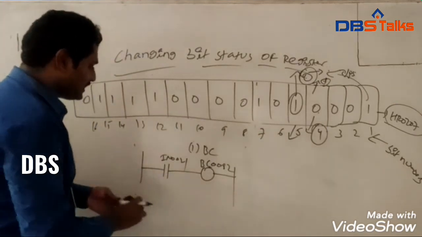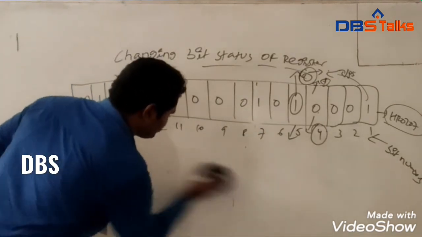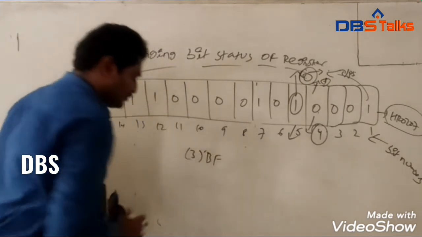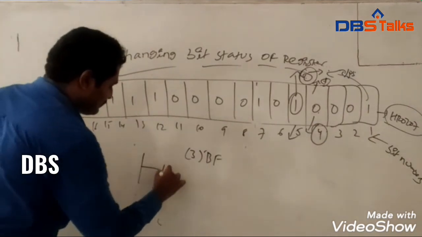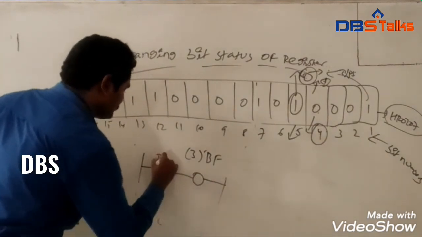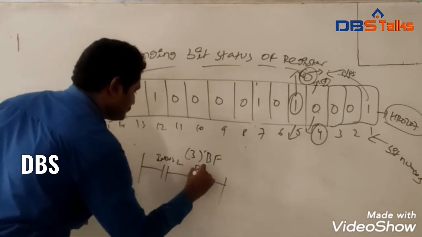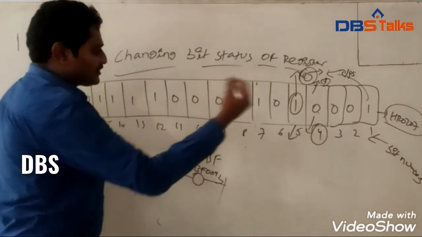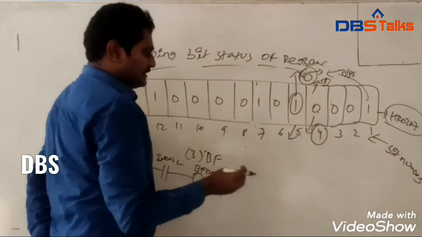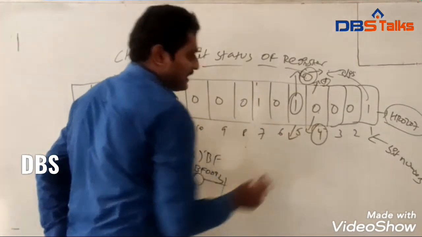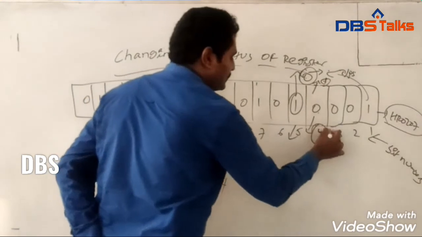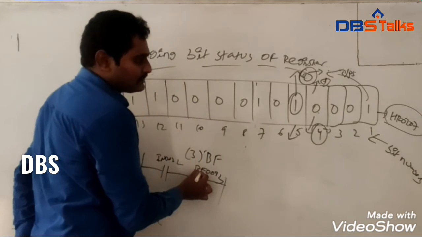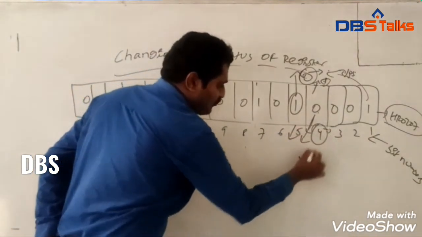Okay, next I am taking the third one, that is bit follow. The third one is the bit follow function. Here I am taking one example, one diagram. Going back to the fourth bit, in this one also I am taking the fourth bit. I have to change the bit status of this fourth bit. Here we have 0 value. Whenever the bit follow function is enabled, this 0 value is changed to 1.